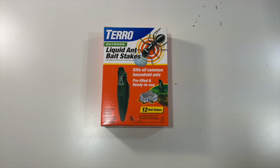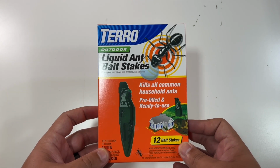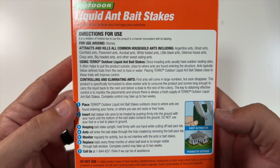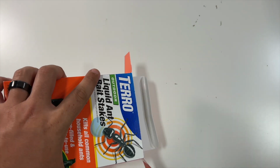Today we have a set of TERRO outdoor liquid ant bait stakes. These are the same grade quality ant baits that you can buy for inside your home, for outside your home. In this package you get 12 ant stakes, a little bit of the directions and stuff like that. And inside of this little box, and we bought these ourselves, these weren't sent to us, that's it for the